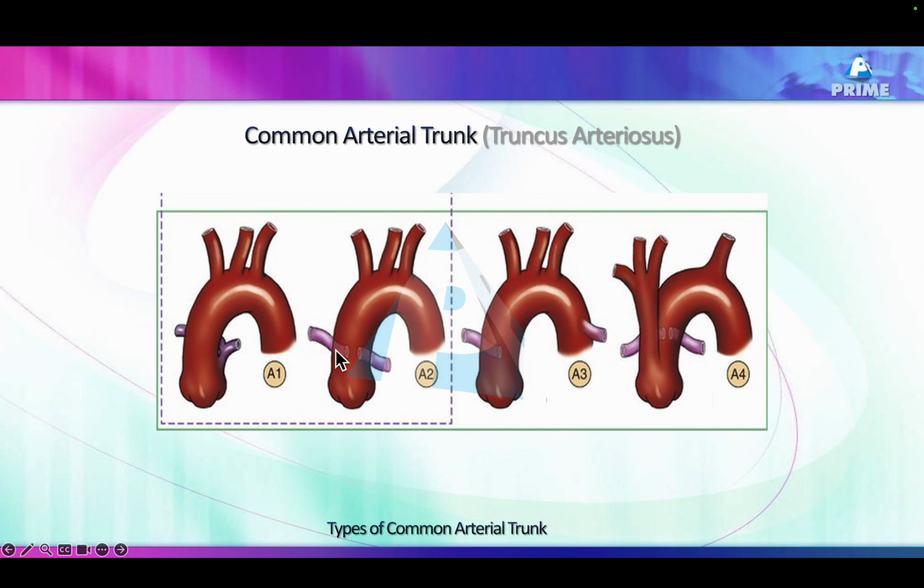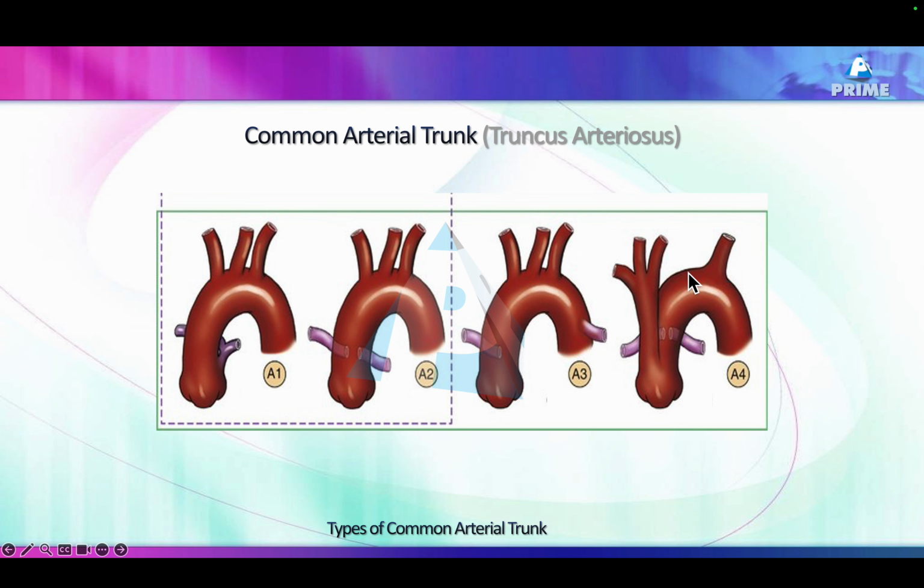Surgically this becomes important. Now type A2, which I showed you a case of, is where one pulmonary artery comes out of the aorta and the other also comes out of the posterior or lateral aspect of the aorta. What is missing? The main pulmonary artery. That's important surgically. The third one is where both pulmonary arteries come from different locations, one from the ascending aorta and the second from the descending aorta. Mobilizing these pulmonary arteries becomes a little challenging during surgery, and that's why we have another classification,